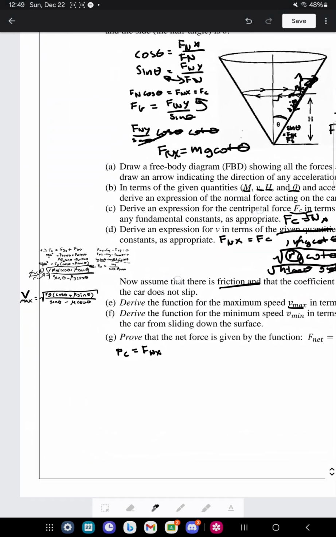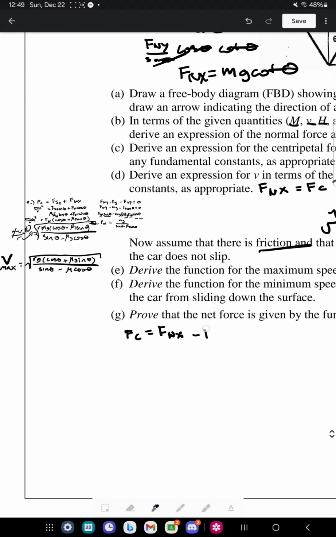It is pointing away from the center, so it's minus f s of x this time. I can split up f of c into mv minimum squared over r, and f of x I can split into f of n cosine theta like the other problem, part E, and f s of x I can split into f sine theta,